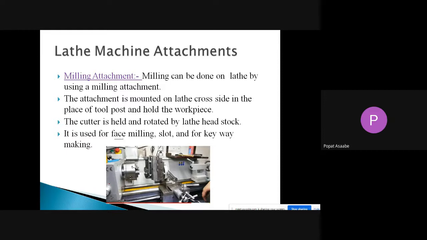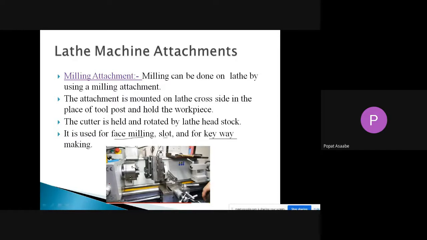To perform such milling-related operations on the lathe machine, we can use the milling attachment. Then how do we set up this milling attachment on the lathe machine?